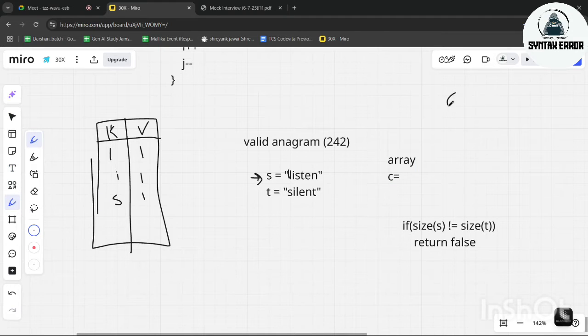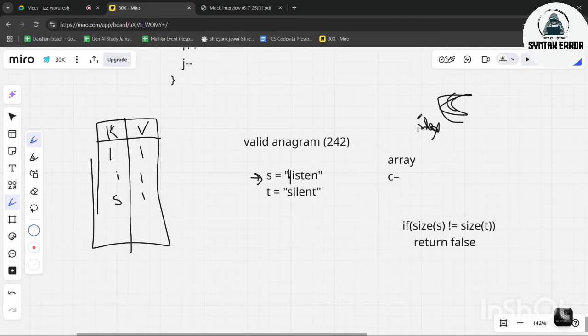If C is an array, we will use the index as the key, and the value as the value. It is basically a hash map, but we are not explicitly using a hash map. We are just doing it using an array.